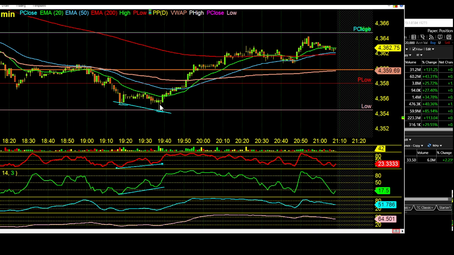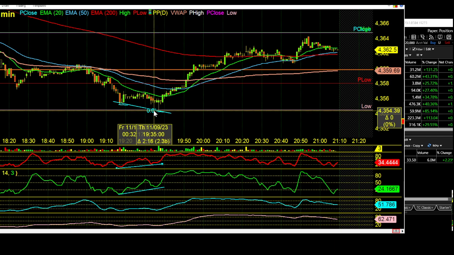And who knows where that could go. 43.56 all the way up to 60, almost up 10 points. We'll take 5 points, take 2 points. It's all money. And it's all high probability money. And when I say that, there's a great chance, 80 to 90% chance the trade will work out. And all you have to do is put a stop underneath that previous low, that divergence low, and you protect yourself.